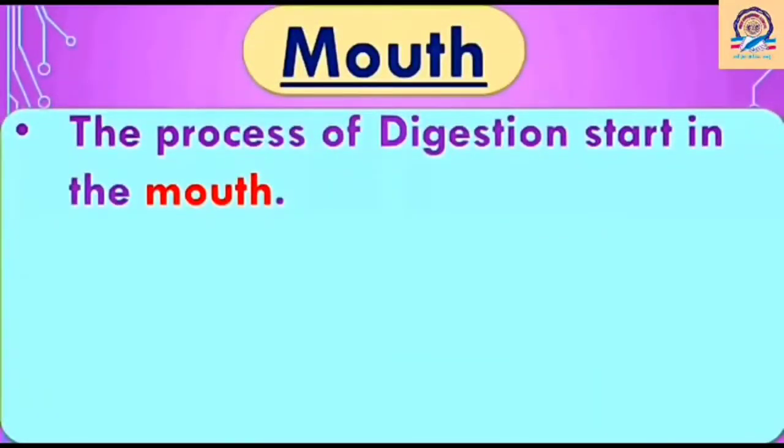So first is the mouth. The process of digestion starts in the mouth. In fact, digestion starts even before you take your favorite food. Like, take an example. If your mother places a favorite dish on the table in front of you,